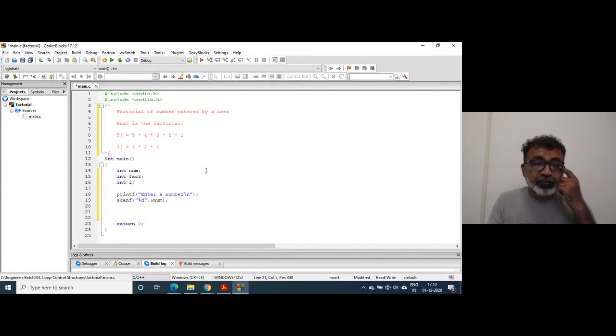How can we design that program? First of all, we have to multiply the number by the previous number, right? I have to assign it first to 1. 1 has to be stored in the fact first. So for I equals, suppose, 1,